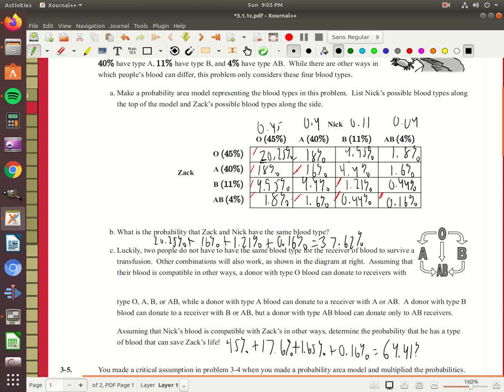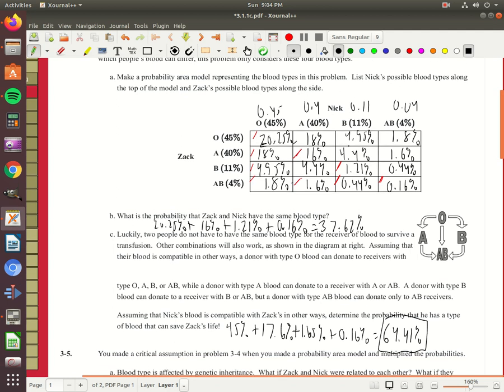That's assuming that you give him credit for being able to essentially do the surgery as well. But I hope you get what the book is getting at, that there's sort of an if-then. If Nick has this, then he can donate. If he has this, then he can donate here. If he has this, then he can donate here. If he has this, he can only donate here. So the odds change, but what we're saying is they all count until we know what type of blood Nick